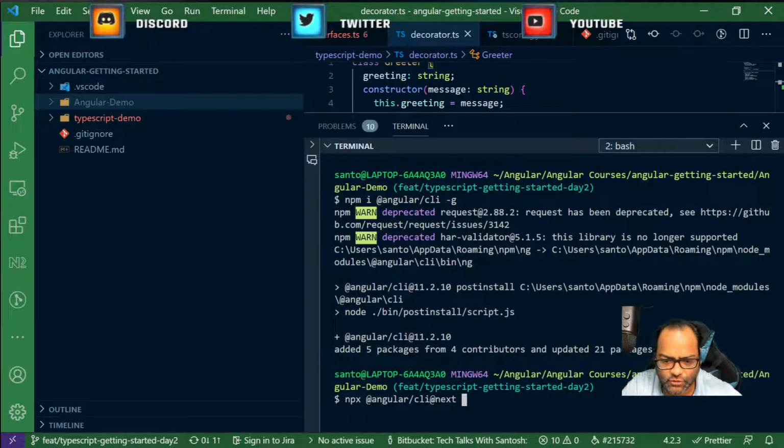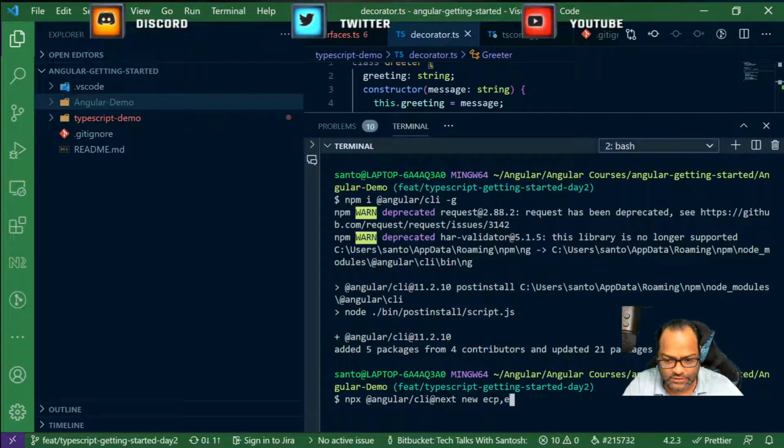Then we have to pass a few more parameters. So npx @angular/cli@next, and I want to create a new project as well. Let's see if I'm right: new, and then the application name.